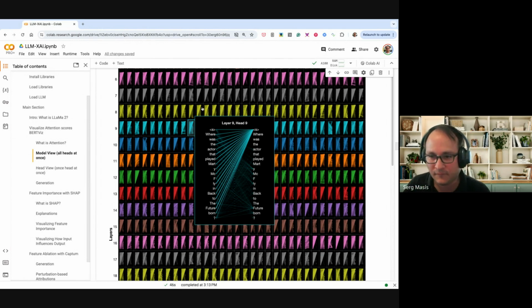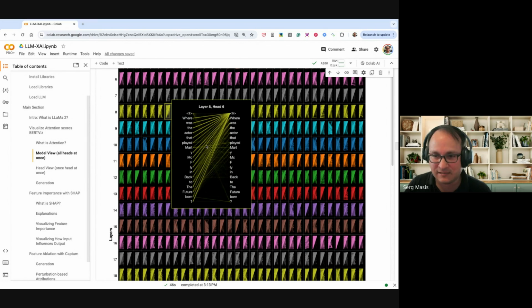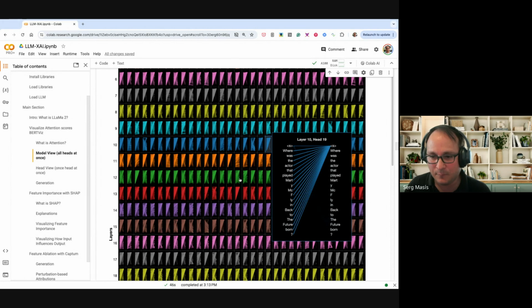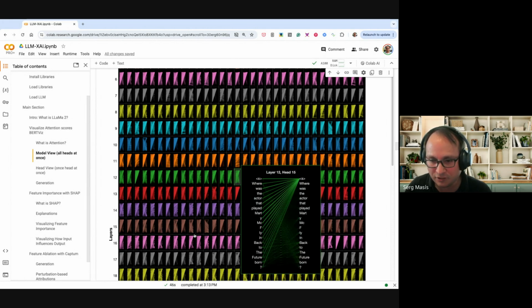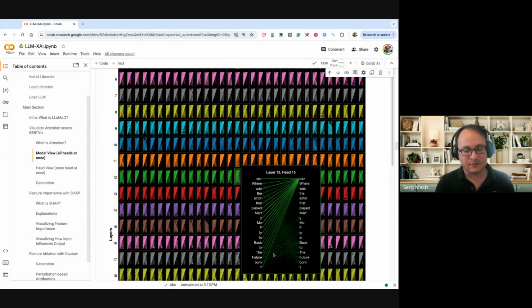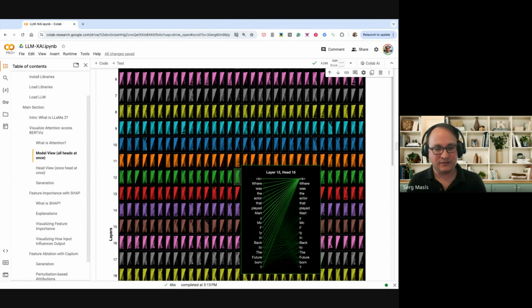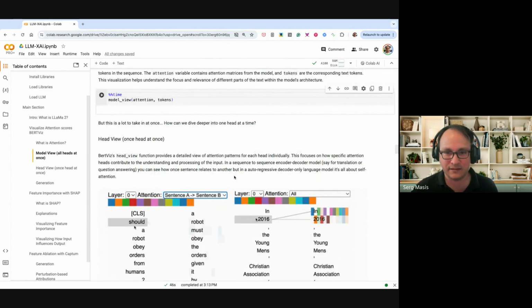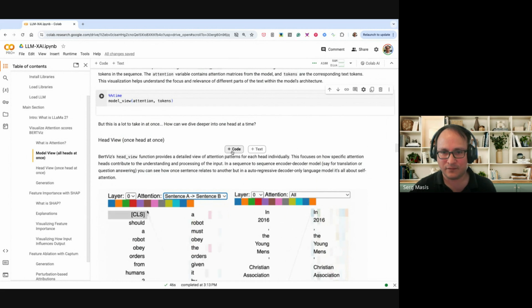So sometimes, as I said, it's not as obvious. A lot of these things end up going towards the start, because that's like the default. But you start to see how there are connections to different words. And so, as I said, this is a model that's meant to predict the next word. So you can tell what that means, in the sense that words that are related to each other, they're the ones that are connected. And words that follow each other are naturally connected too, especially when they have